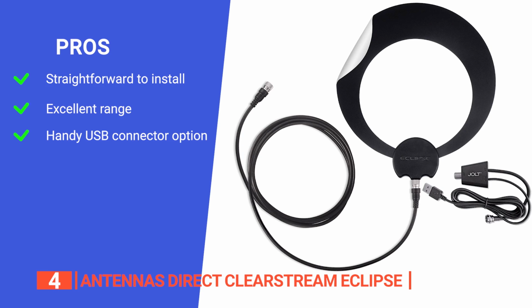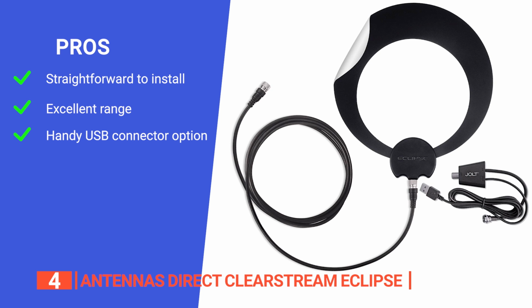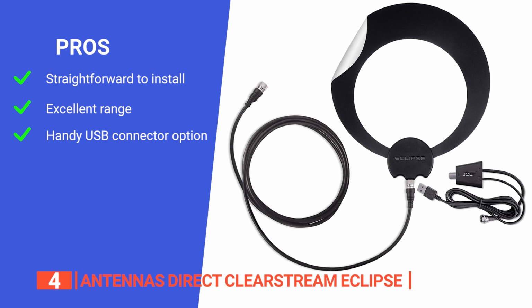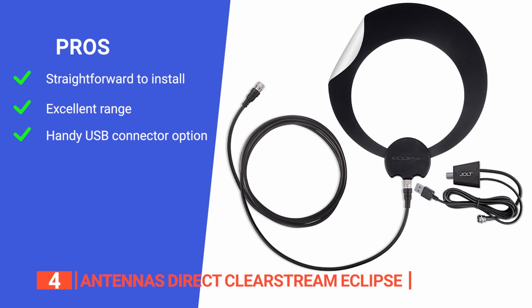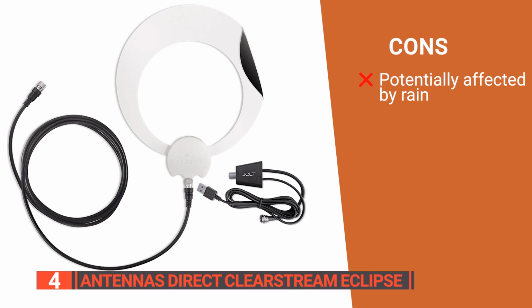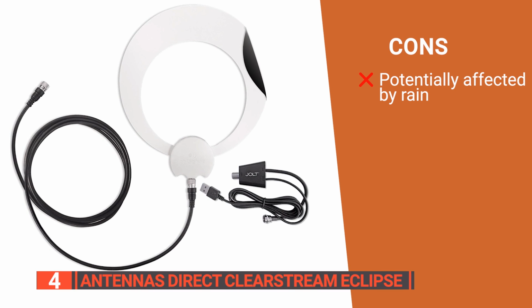Its pros are: it comes with a 12-foot coaxial cable and an installation process of about 2 minutes. It has an amplifier that should allow you to receive signals within a 50-mile range. And it uses a USB for power and can plug into the USB outlet on your TV if it has one. However, if local broadcast stations are at a low elevation, you may have issues with the signal breaking up